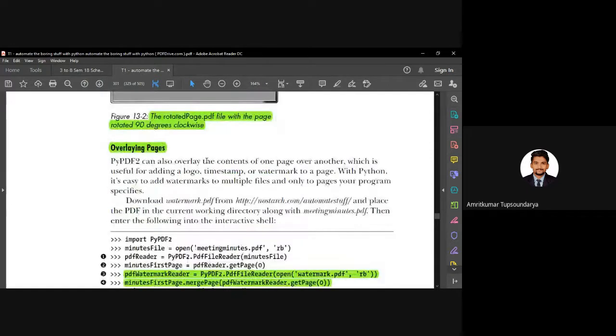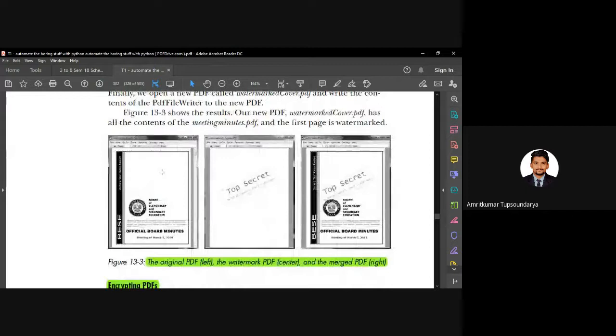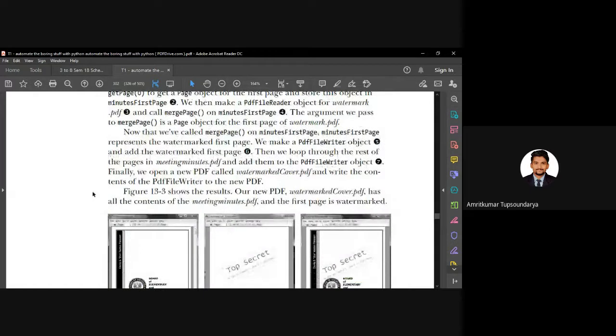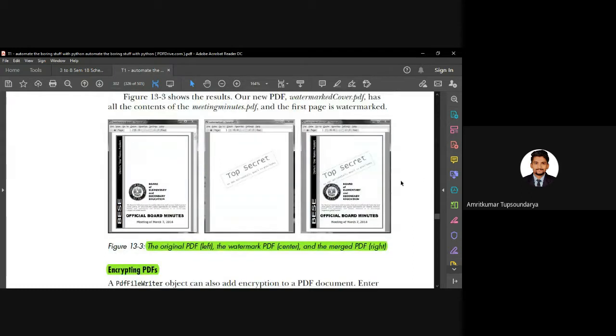Okay. Now let us take an example of overlaying pages. Let me demonstrate it. So this is our original PDF. Let's say we have another PDF which has a stamp or a watermark saying top secret. We want this watermark to be stamped onto the first PDF. So we have to overlay PDF 2, which is this, onto the first PDF, so that we get a result something like this. This should be our resulting output.